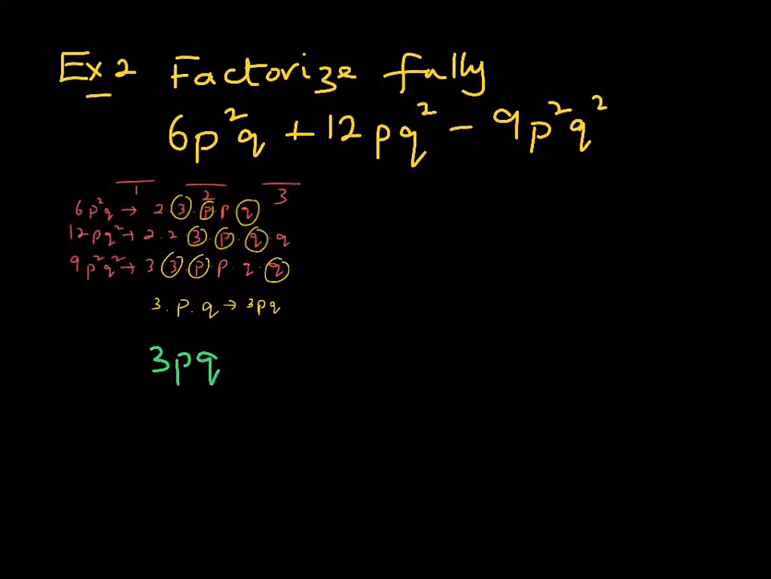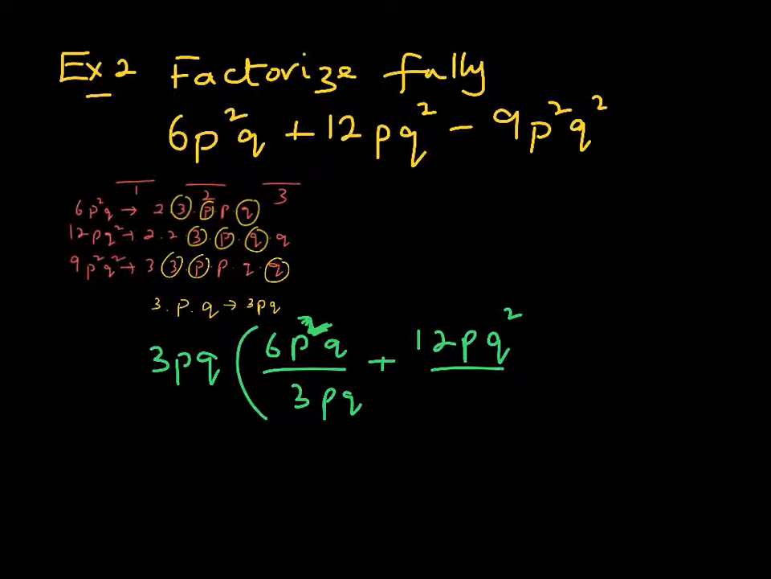3pq outside of a big bracket, and then we write 6p squared q divided by 3pq plus 12pq squared divided by 3pq minus 9p squared q squared divided by